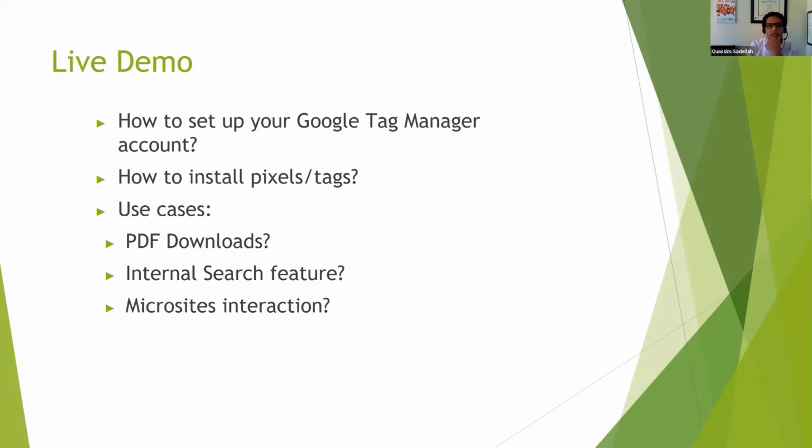And then microsite interaction, which I believe is very important if you have more than one website. And it doesn't have to be just microsites. Let's say you have 3 websites, a C3, a C4, and a campaign website. You want to know how much traffic there is, and how they communicate organically with each other, like people go to the C3 to learn about something, then click on a link to go to your C4 to make a donation or take an action. You want to know how to do that. All of this is not provided by default by Google Analytics.